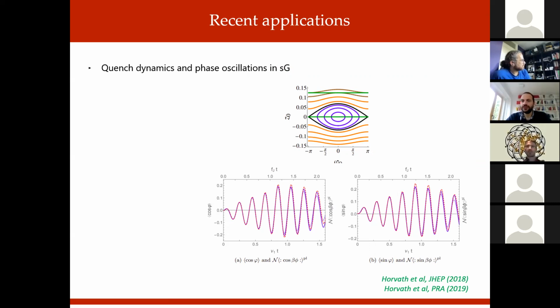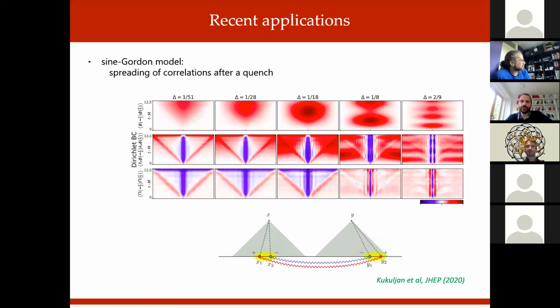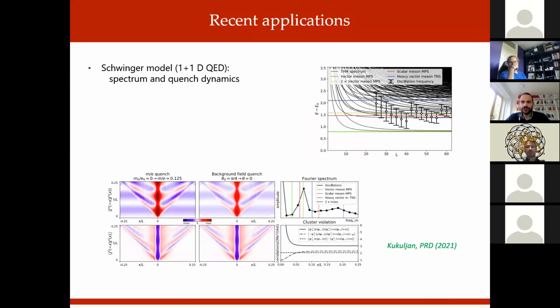So far, the experimentalists have to resort to classical field theory methods in order to get some intuition about what is going to happen in the experimental system. We have also used it to calculate the spreading of correlations after quenches, and there we see really exotic effects that we didn't expect, like oscillations in the background value of the correlations. It has been used recently by